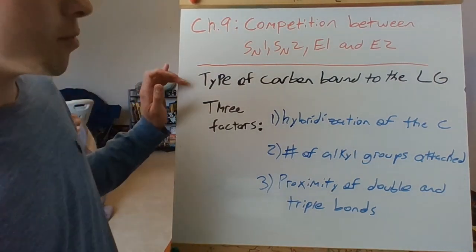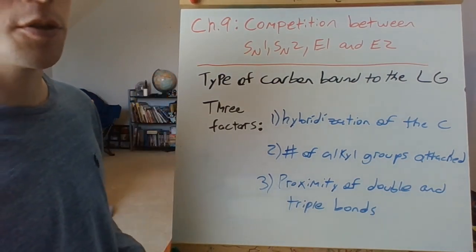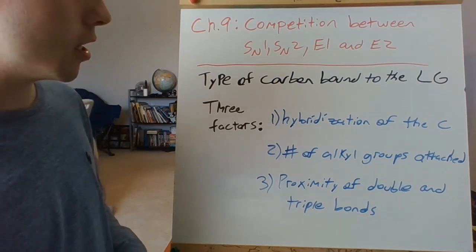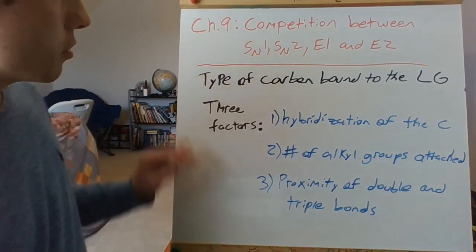Alright, so now that we know how to identify which carbon contains a good leaving group, let's talk about the different types of carbons bonded to the leaving group. So this would be primary, secondary, tertiary. What type of hybridization is it, and what is around it. So three factors to